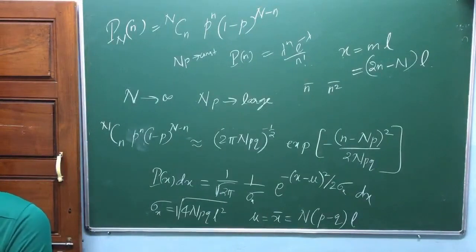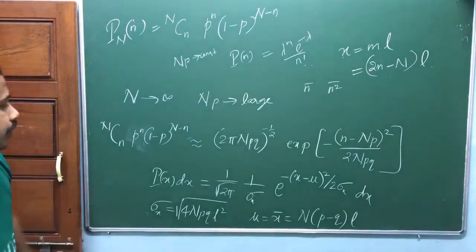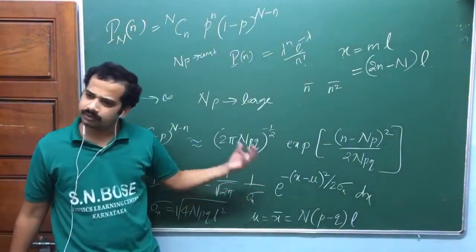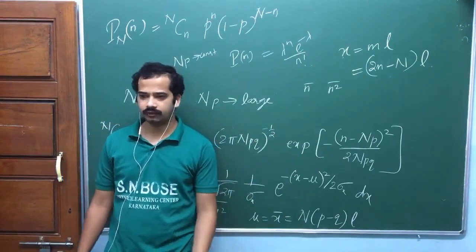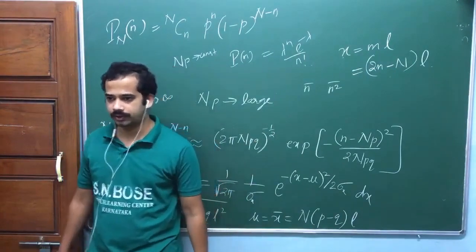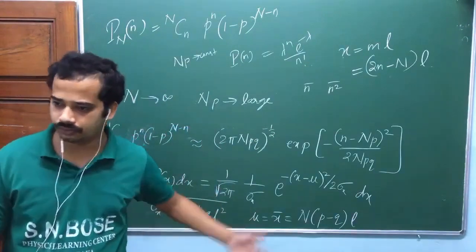But Poisson distribution applications are there, and there are questions on this Gaussian also. But you do it like ordinary. You do it just like in the case of the ground state of the harmonic oscillator. That's also Gaussian, isn't it? You do it like that.